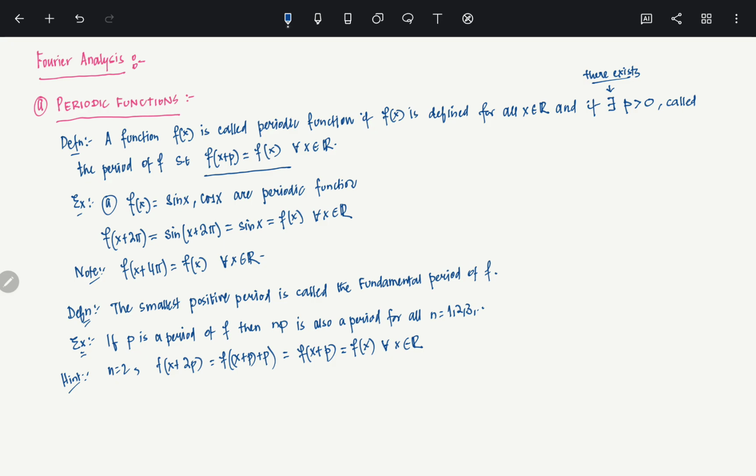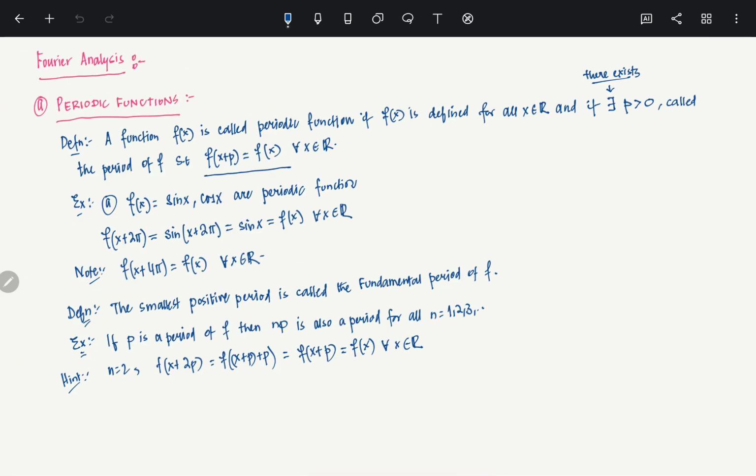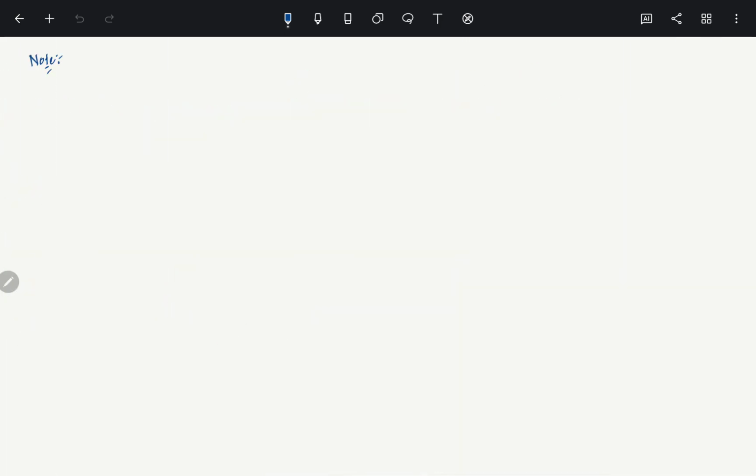Okay, so we have looked at two functions, sin x and cosine x, which are periodic functions. Now there are some things which I need to clarify here in the definition itself. Please note another small note. Here I have defined the function from R to R, right? Now the thing is, it may not always be defined for all x in R. As an example, let f of x equal tan x,